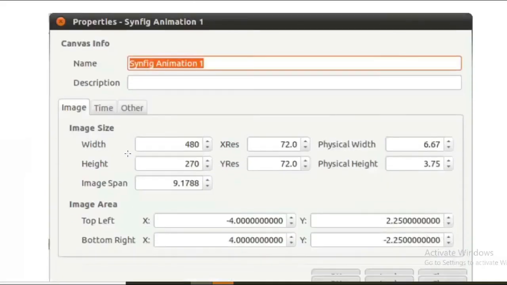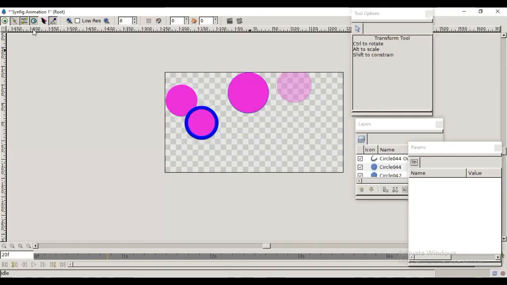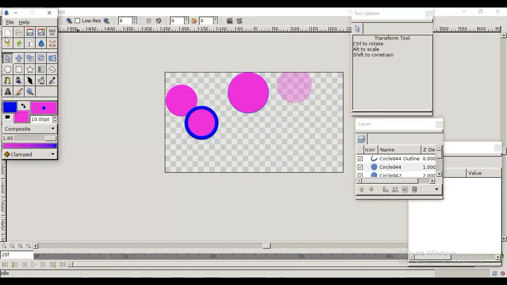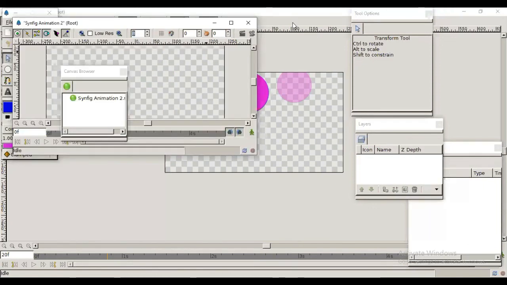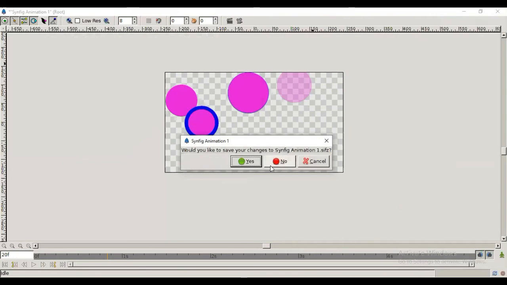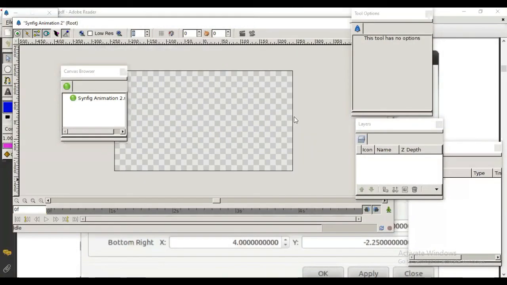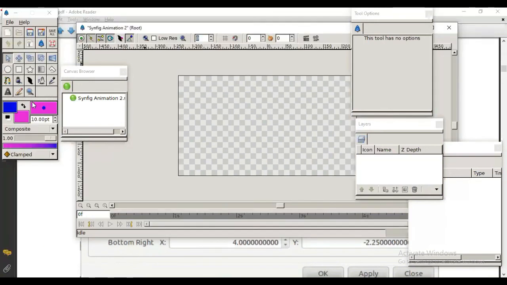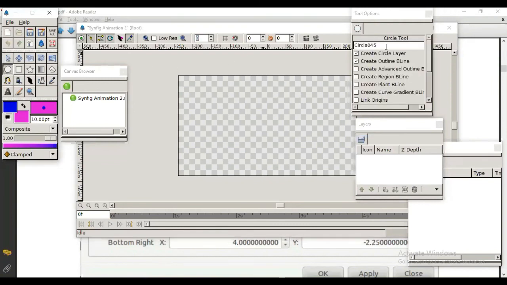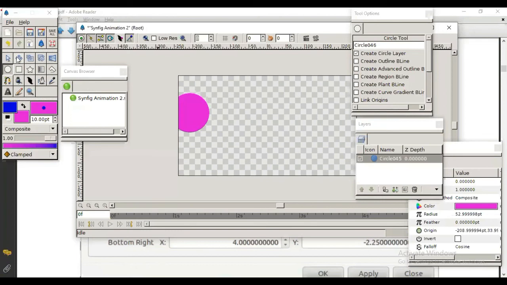Now let's create a small animation today. I'm taking a new file here, and I'm going to close this. Again, I am going to use one object, that is circle. Now this circle is outside, some part is outside our canvas.